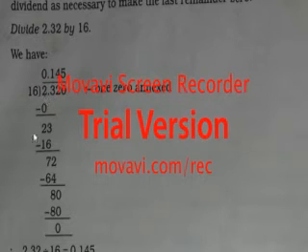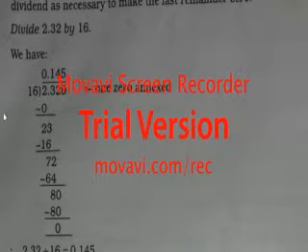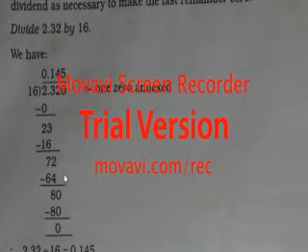Then after, 3 is used, so it became 23. 16 1s are 16, so after subtracting here comes 7 and another number is 2. So what happens? 16 4s are 64. 8 came down. While dividing, I hope all of you know the division. You have to divide with the number which is the highest multiple of the other number below 64. The next multiple, if you take 16 5s, is 80, which would be bigger than the appearing dividend. So from the appearing dividend, our multiple should be smaller, or the largest one just below that.